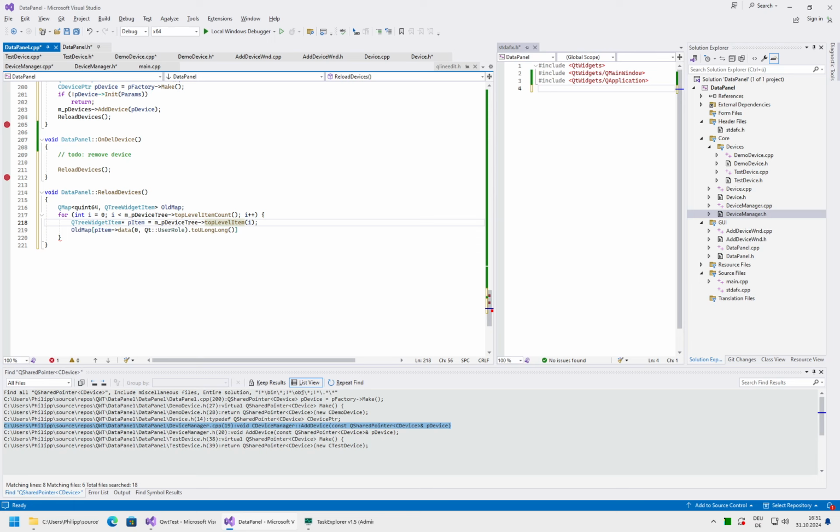That's the quint64 conversion, and there we assign the current element. Okay, good. Now we go for all the entries. Auto